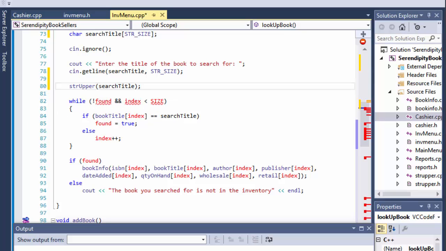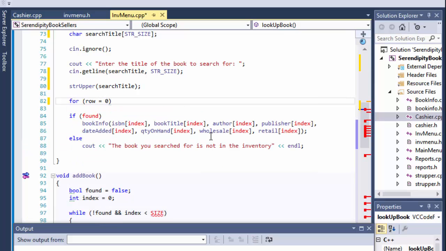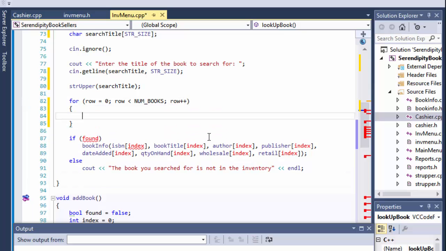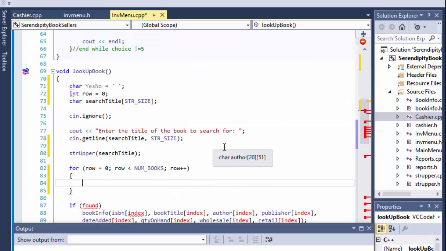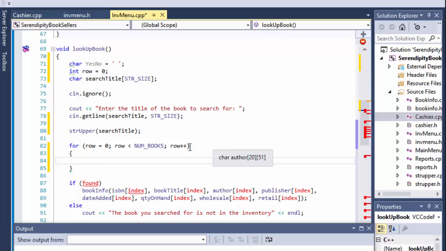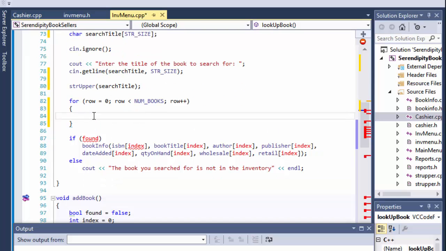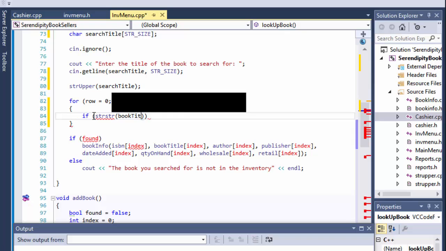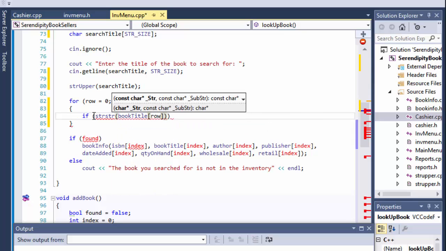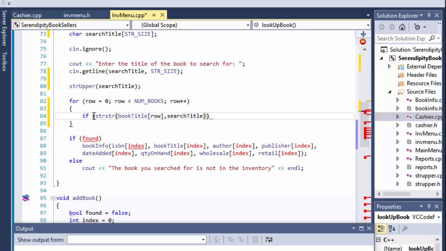All right, and now instead of all this, I'm not going to do a while loop while found. I'm going to do a for loop instead, because now I have row equals 0, row is less than number of books, and row plus plus, and this is for the lookups. In it we again compare whether we have a match. So if the string, and it's the book title of the row, if that matches the search title, then